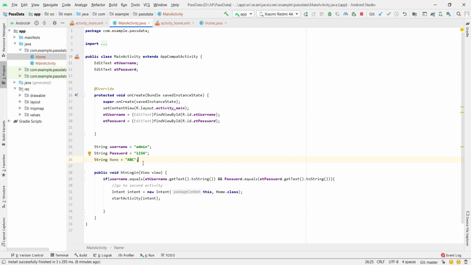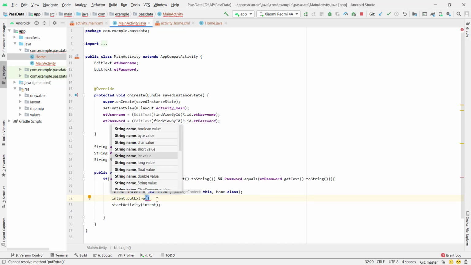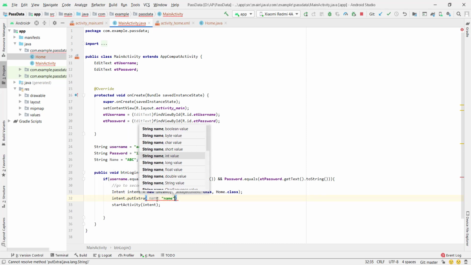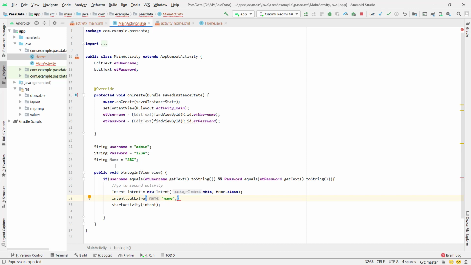Yeah, I'm sending this data from the first activity to the second activity. For that we need here intent dot putExtra. Here we need to give a key and value. For that I'm giving the key as name only, and here we have to send this actual data, so name.